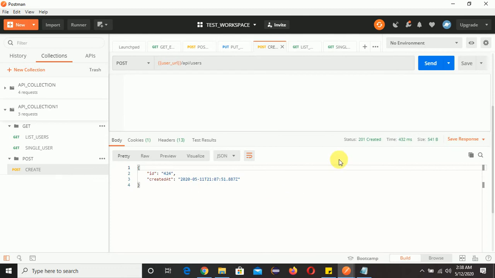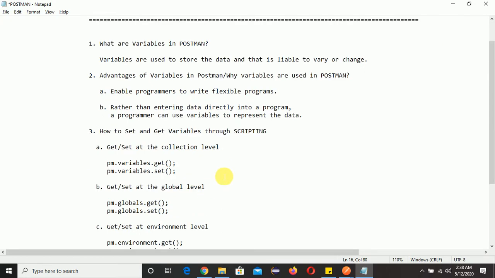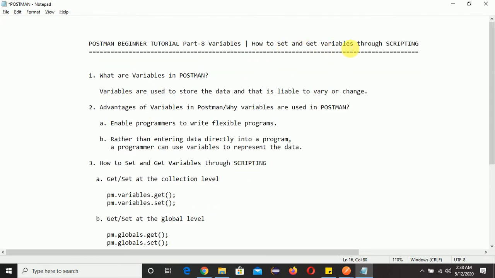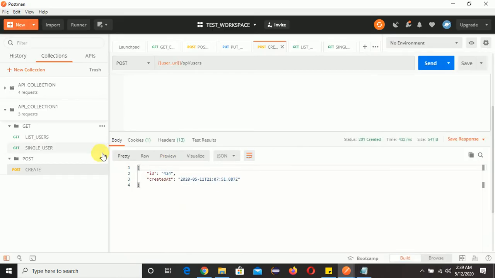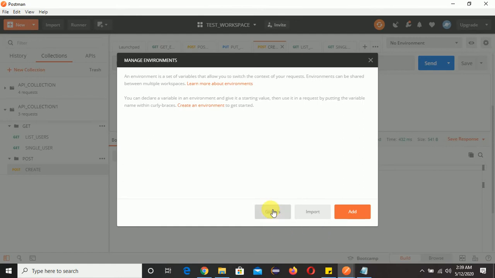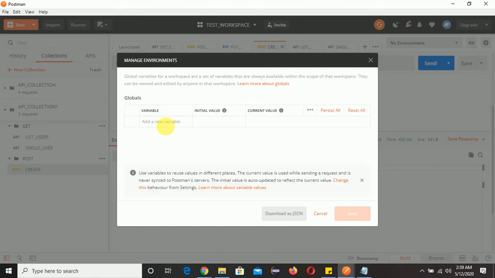Now we'll come to our second point: how to set and get variables through scripting. The variable we have already created at the collection level. Now we'll create one at the global level. How can we create a variable at the global level? Just click on manage environment, click on global, and give any variable name here. I will give the variable name as